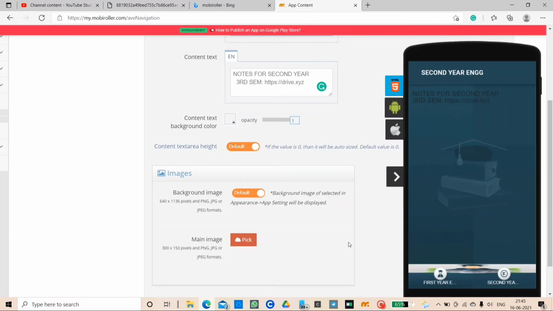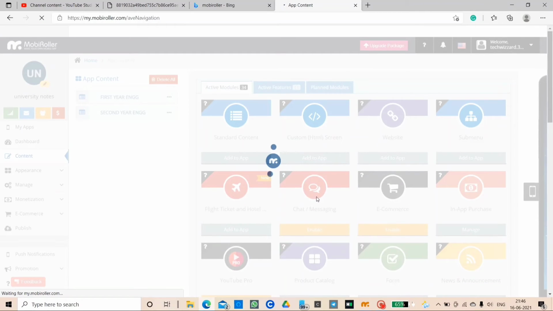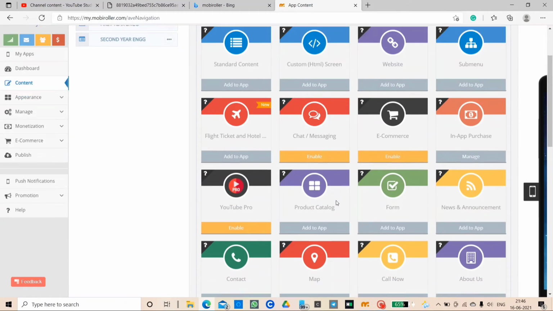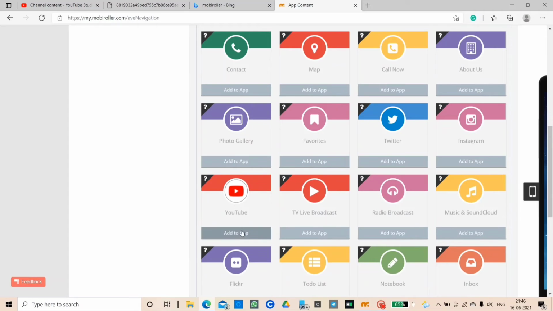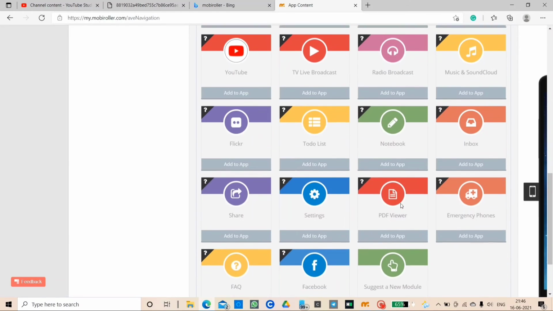So you can directly download it from there. Now, what you can definitely create more, because you have more options in this content section. For example, you can use chat and message, where you can interact with them. You can use YouTube and give them the link of your YouTube channel, and they can watch your YouTube from this app itself. Instagram, Twitter, and of course,